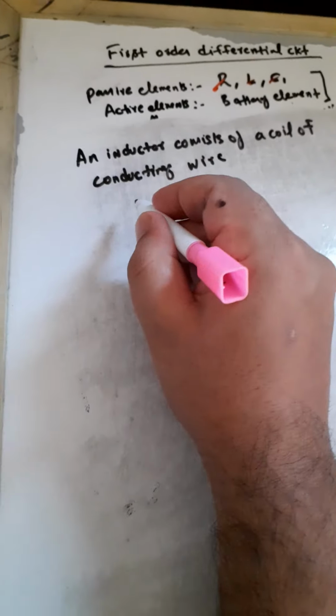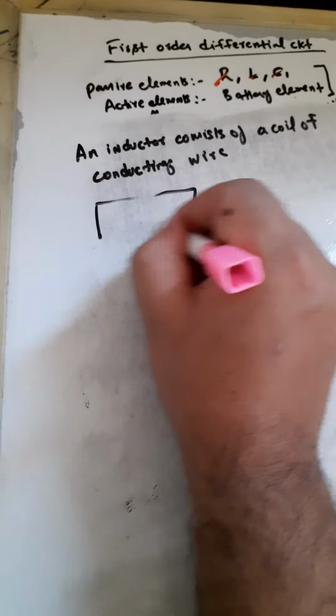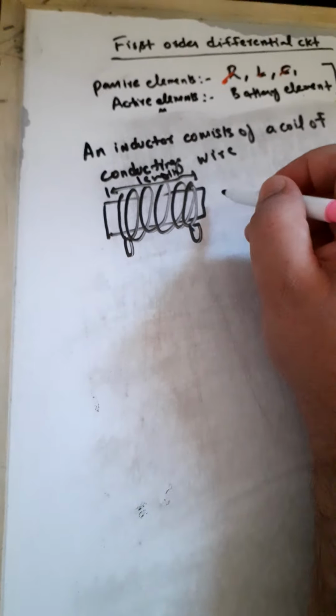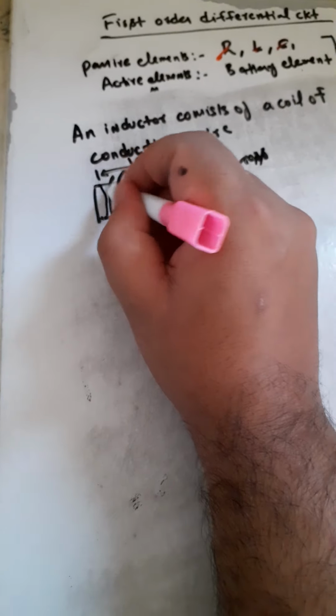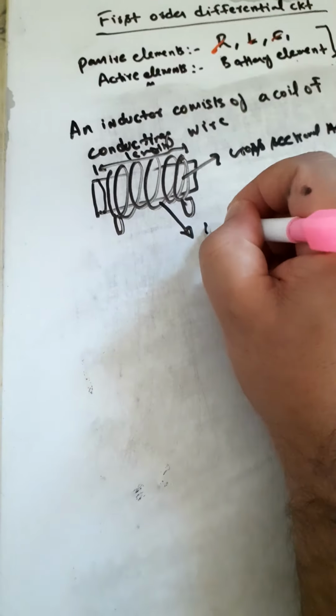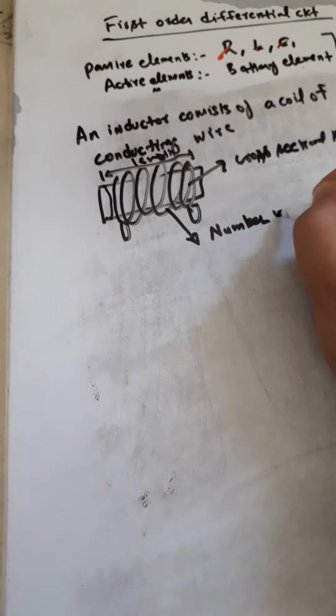So you can safely say that you have this wire or a strip, and you just provide a different number of turns, so you get some length over which it is wound. You get the cross sectional area, this area of the cylinder. You get the number of turns you have put, and this is the core material which you have used.